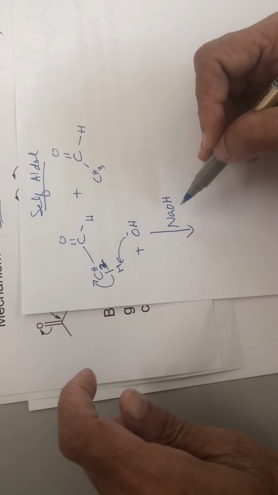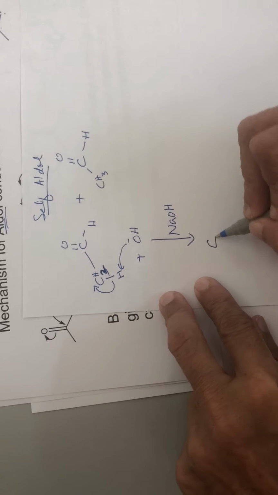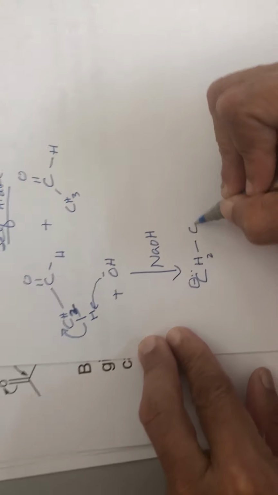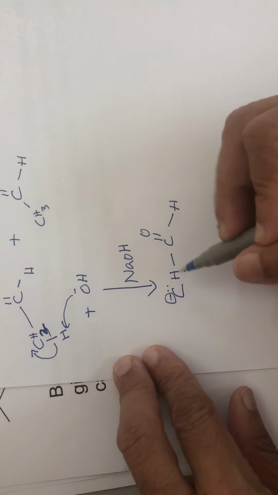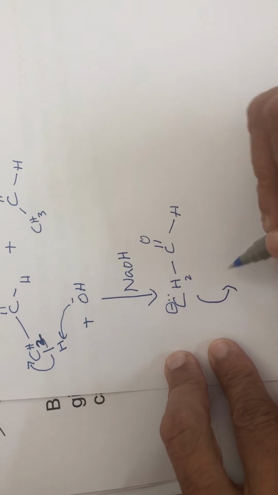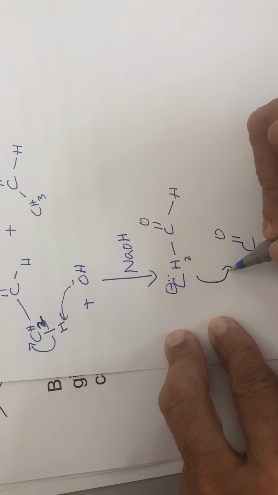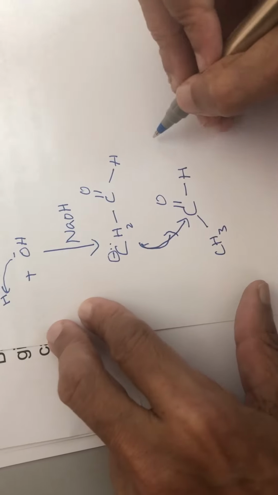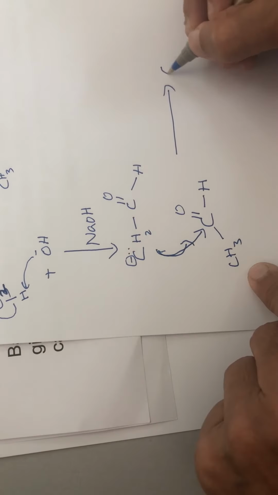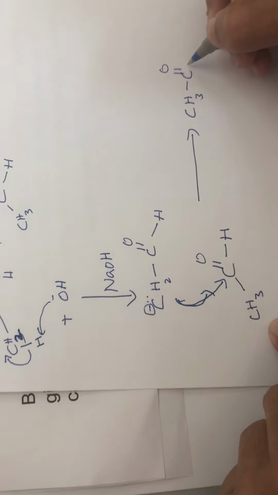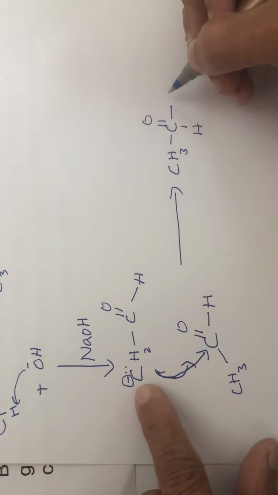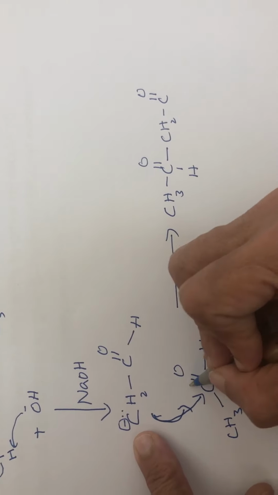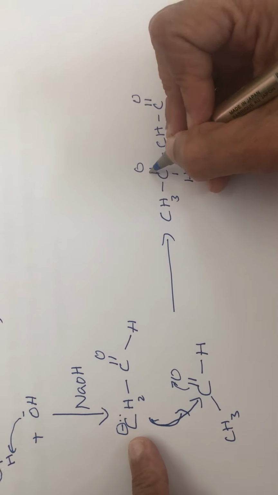Then in presence of the base sodium hydroxide, this will give a carbanion, CH2 negative, C double bond O and H. This carbanion will attack the carbonyl carbon of the second molecule, CH3, C double bond O and H, and it will give CH3, C double bond O, H, and here this CH2 with C double bond O. This will move like this, and here it is,